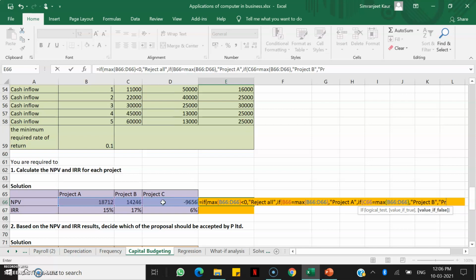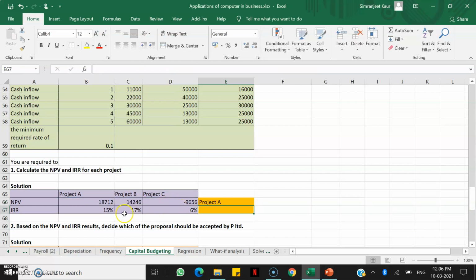Otherwise, write project C, bracket closed. I'll close all the brackets and press enter. You see, out of these three, project A has the maximum NPV, that is why it is giving us project A, right? There are only three projects here, so we can see it manually also, but if the number of projects is large, then we will definitely need such formulas.